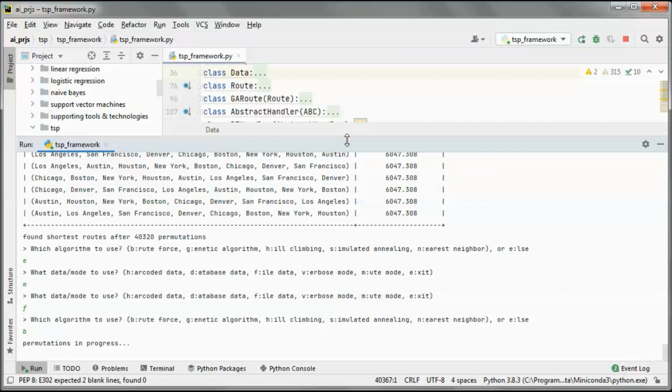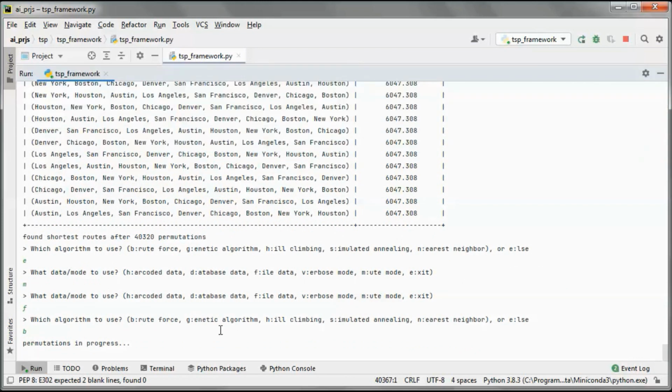So it's not gonna show us all the permutations when it runs in default mode. So we have 9 factorial permutations, since 9 cities.